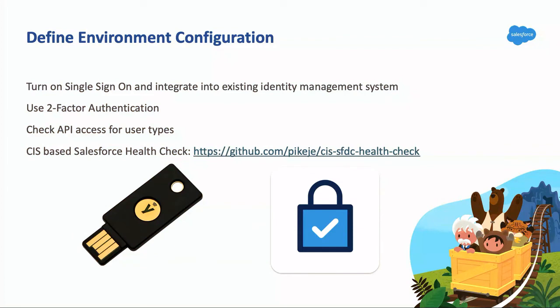The other thing is a lot of what we see from our customers with security is their org configurations. So from a development standpoint, not only are our developers thinking about how the code is structured, like are we performing all the steps to make sure the code's secure, we also have to make sure that the org isn't configured in a way that is inherently insecure. So one thing we always tell people is to use single sign-on, or their own if they already have a pre-existing identity management system, to implement with that.